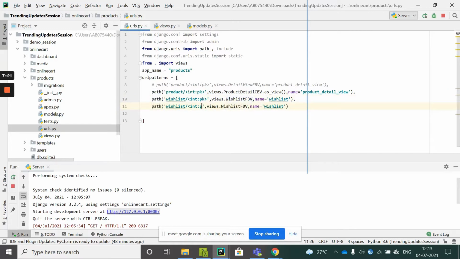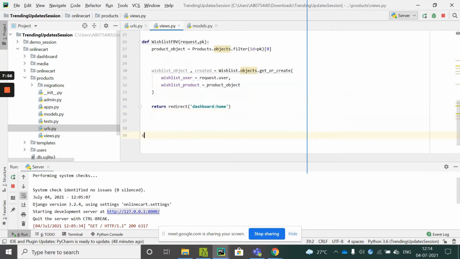I'll just give a path as wishlist and say wishlist class based view. Coming here in the view section, I'll add this class based view and I'll import ListView. So what this is going to do is ListView.